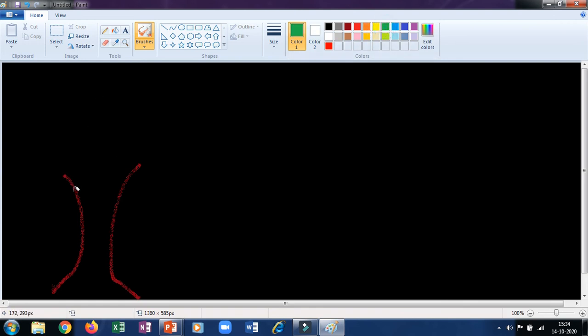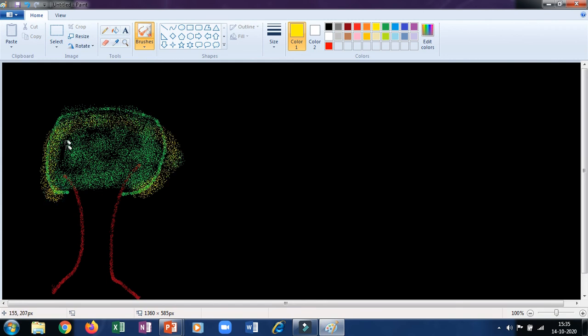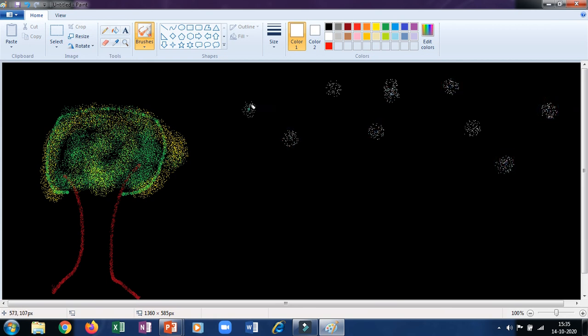And then take the green color, change the size. Okay, you can make stars over here with the help of the airbrush. See, like a spray effect, you can draw these pictures using the airbrush tool. Okay, that is present in the brushes group. Then you can draw some stars this way, some twinkling, whatever you want you can draw with the airbrush.